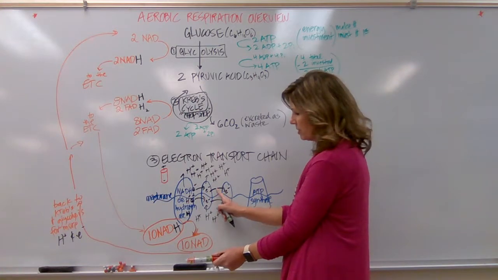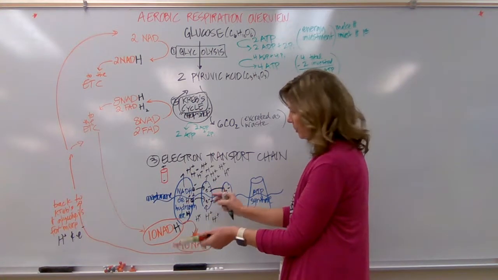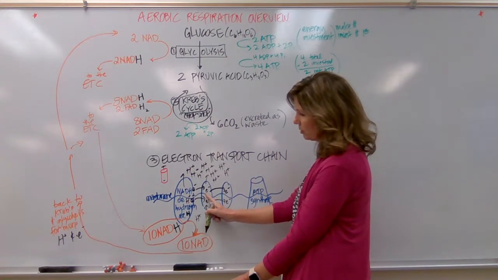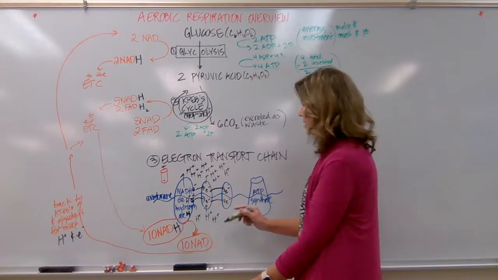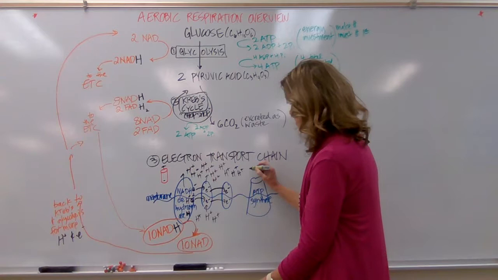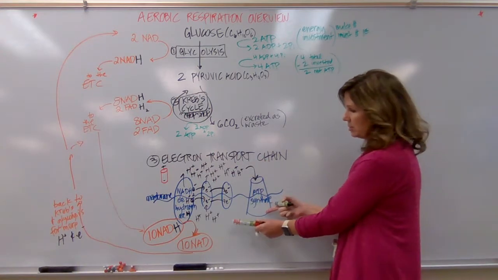Any diagram you see, including our textbook, that shows those as traveling straight through the membrane is not correct. These charged ions will be traveling through a protein channel. The only protein channel that allows them to move into the cell happens to be the enzyme at the very